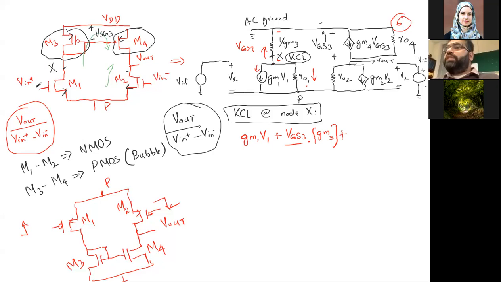But what is the value of this current? That's interestingly what we need to write. We don't have to consider this a virtual ground, and this node we know is V. In this case,